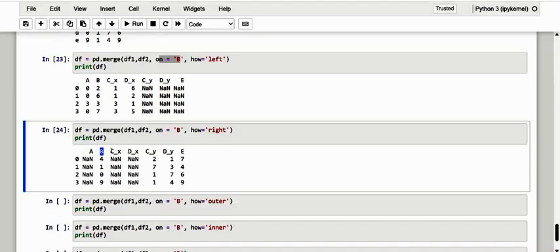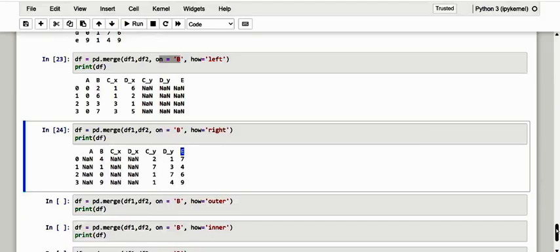And next, column CX, column DX, column CY and column DY are four new columns derived from joining the columns C and D of the two data frames, where CY and DY remain identical to those of the right data frame. The CX and DX insert values only in the indexes that have the same value on B in both the data frames. So the values shown are those of the left data frame. For all the others, it is enhanced with NaN. And last, coming to the column E, it remains unchanged here.